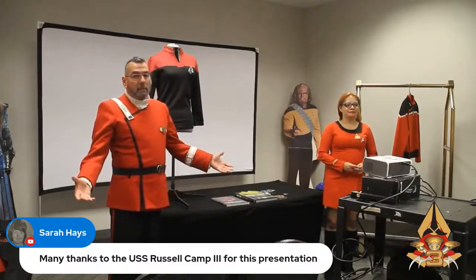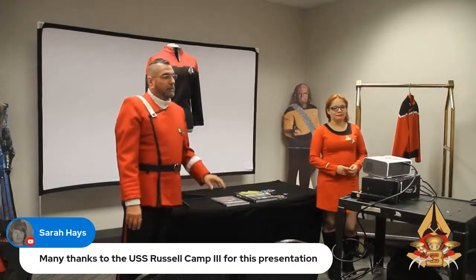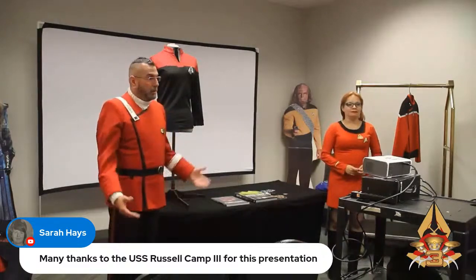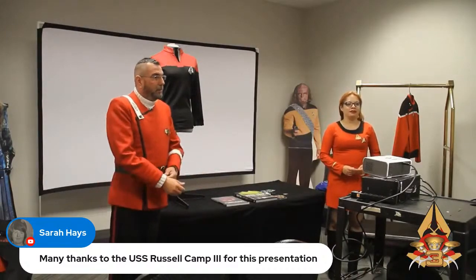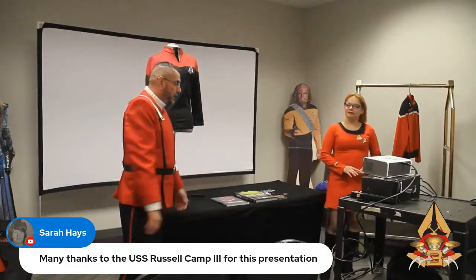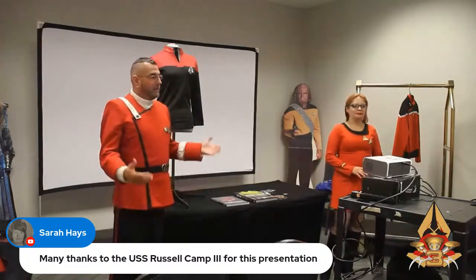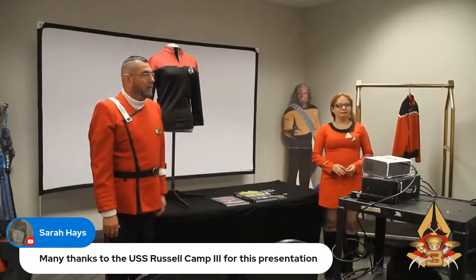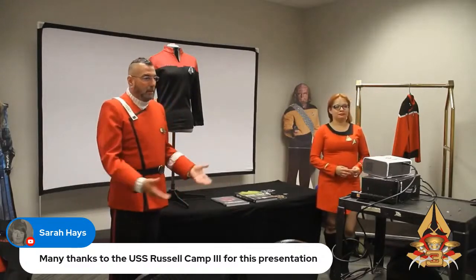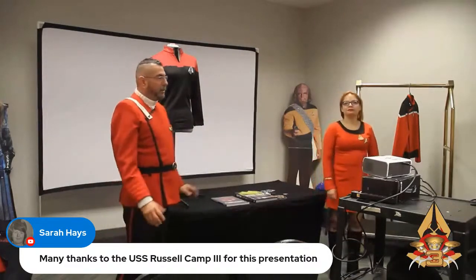Our recruitment is a good thing because when you do a recruitment table, the best thing to pull people in is to show up in costume. So you've got to look sharp. If you don't have one, a t-shirt is good, but a costume helps a lot because that's basically the big selling point of being in a Star Trek club. You get to wear a cool costume or cosplay a character